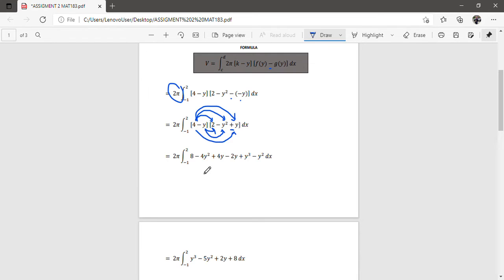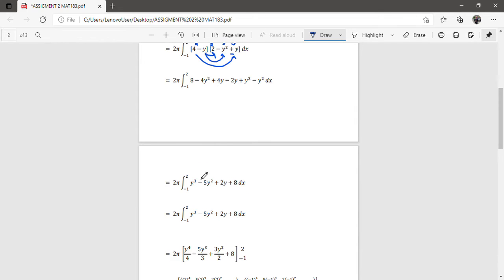And then we will get 4 times 2, we get 8, and 4 times negative y to the power of 2, we get negative 4y to the power of 2, plus 4y minus 2y plus y to the power of 3 minus y to the power of 2 dy. And then we solve it. We come out with this y to the power of 3. We arrange it. Negative 5y to the power of 2 we get from negative 4y to the power of 2